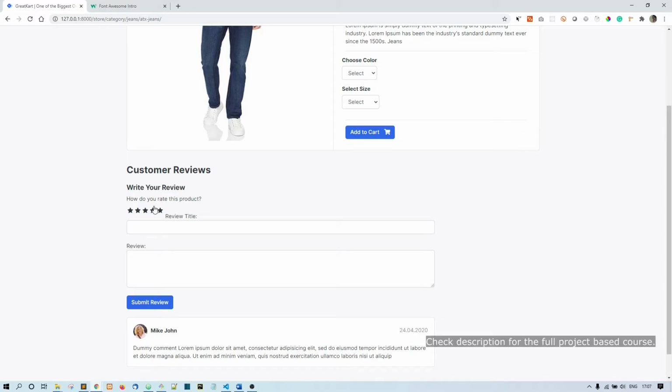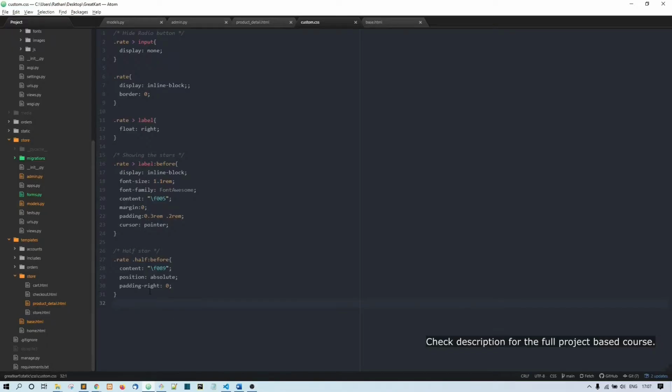So now we have to make hover and click functions with this CSS. To do that, I'll say click and hover. So I'll say input checked. This is checked because we are using radio buttons, right?